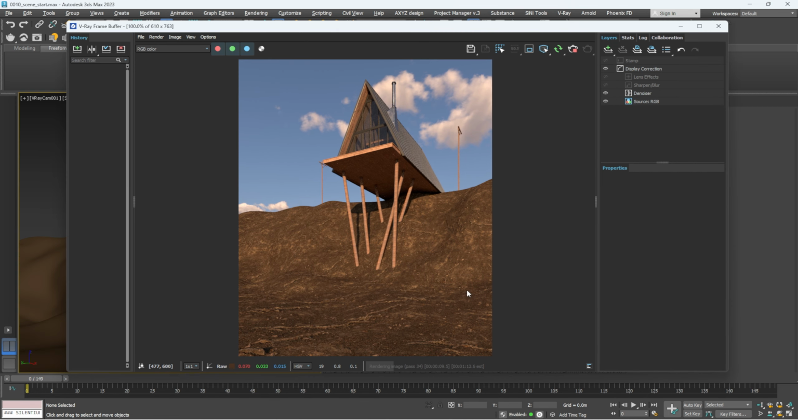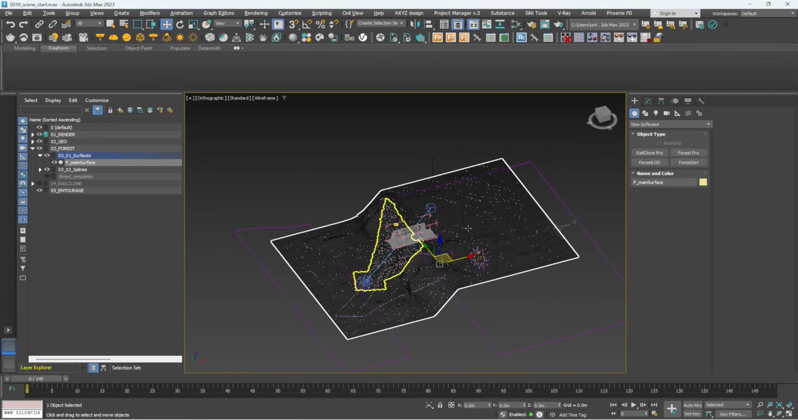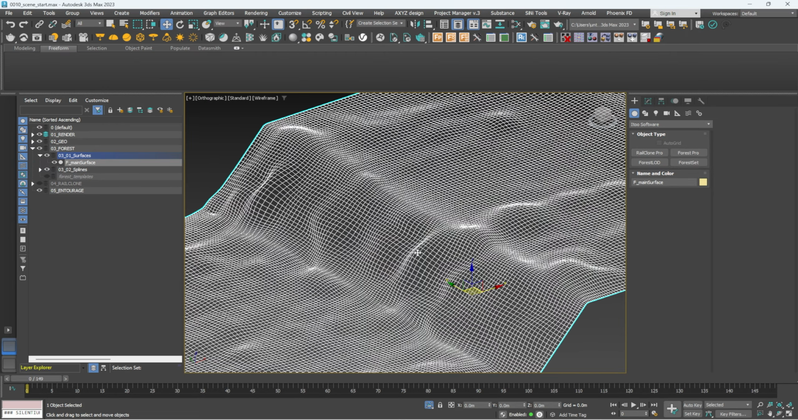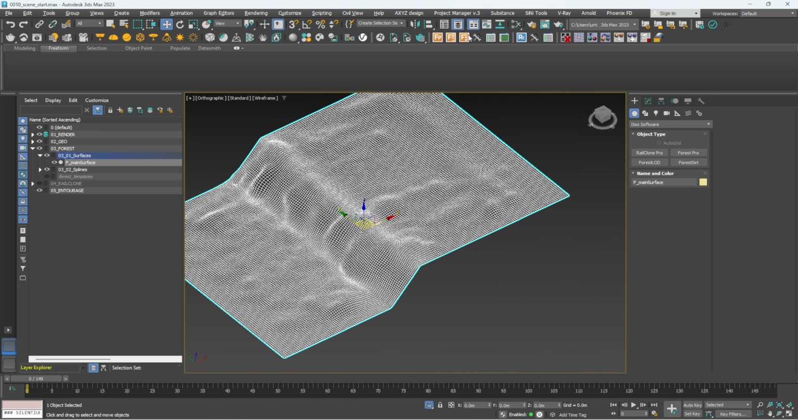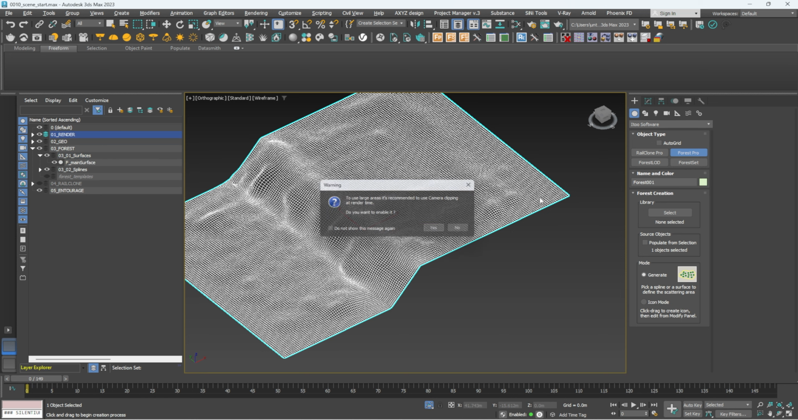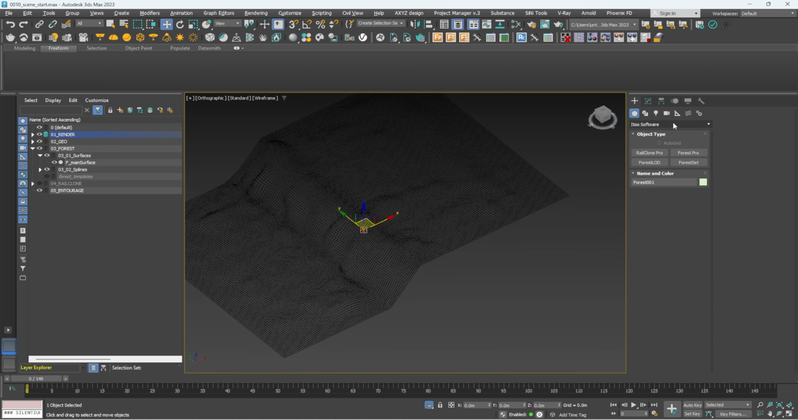So now that we've got our soil and our ground cover, we need to add in our foliage. So let's do that right now. So over here I have my surface. I've duplicated the surface into its own thing over here in surfaces. So we can go into Forest Pro, click here, make sure it's on generate, and click this surface now. Click yes here, and now we want to go into our modify panel, and we're going to be adding in